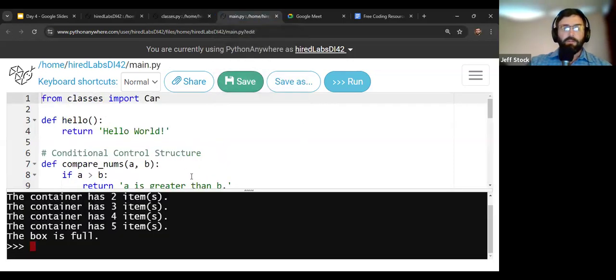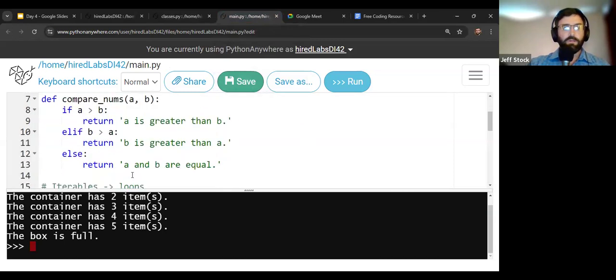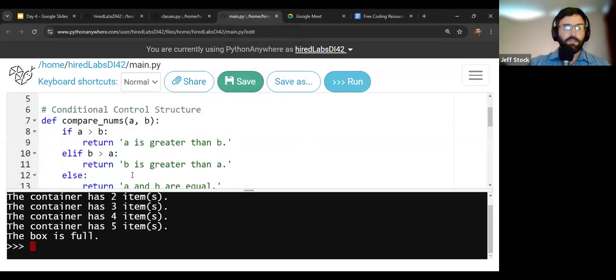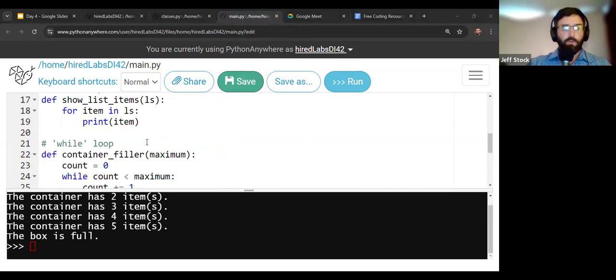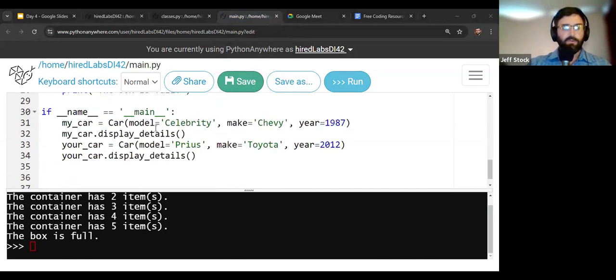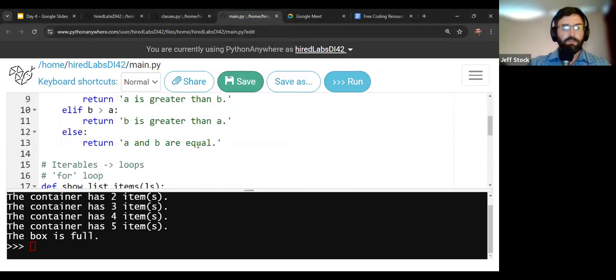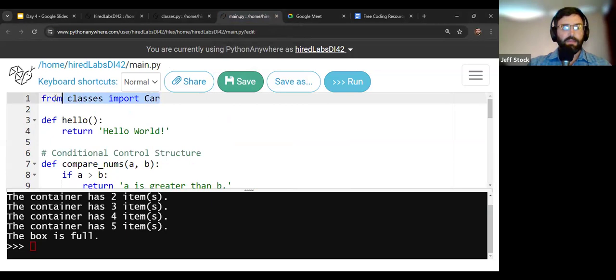And then we routed all of that through our main.py down here with our input statement and the import up here at the top, right? So that was where we ended up last time.